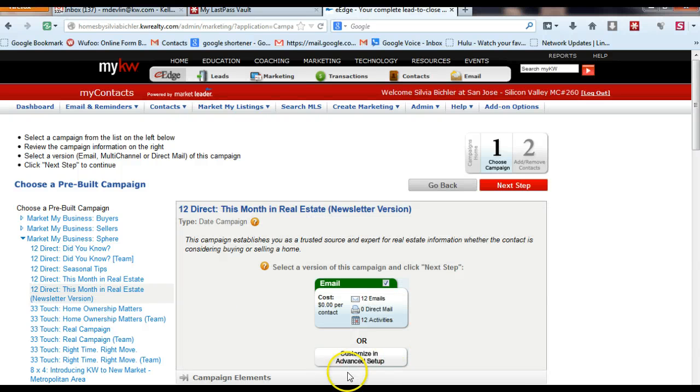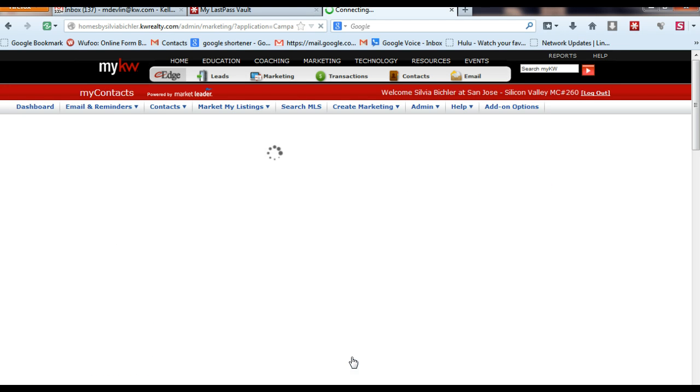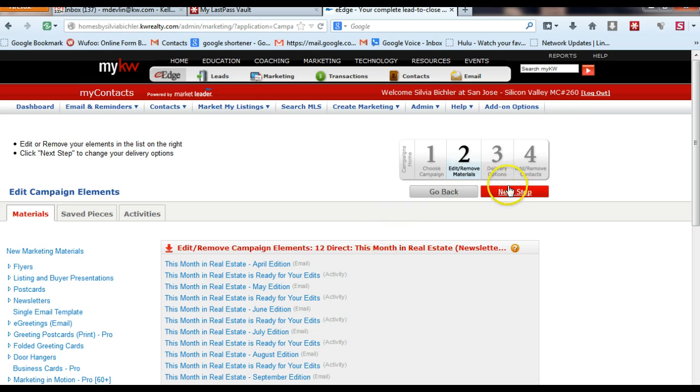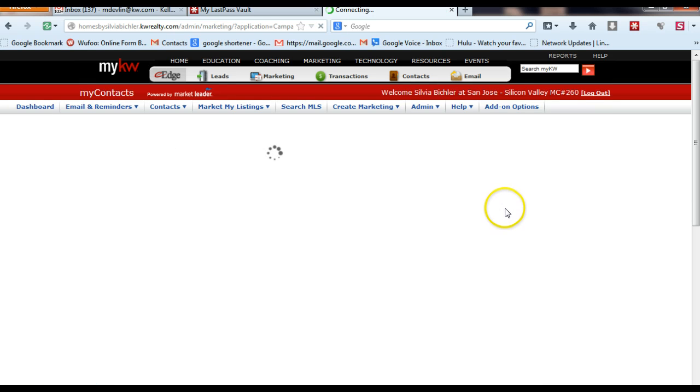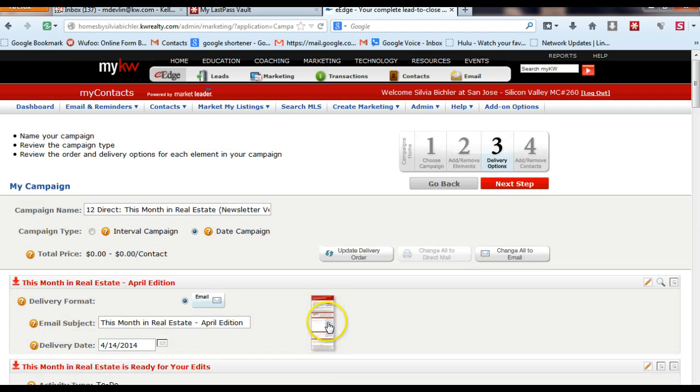And we click on it, and we're going to go customize and advanced setup. And then we're going to wait as it goes around and around, and then we're going to go to next step because we want to edit it. So let's say you might want to use the long version. Notice this looks a lot longer. So we're going to click on it,